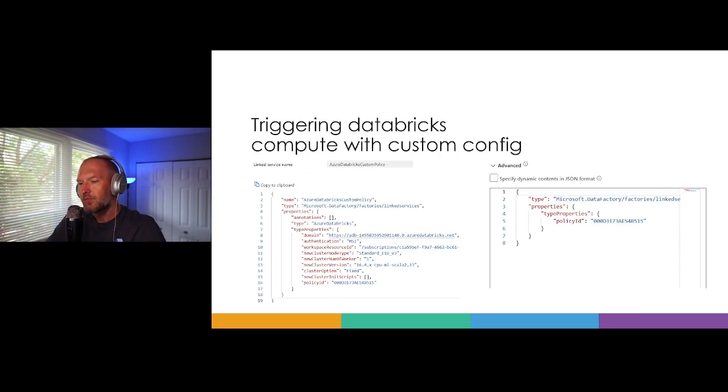Then this is about custom configuration. So you have everything in place, but if you have some custom stuff, not all parameters from Databricks can be set up in DataFactory. For example, if you have a custom policy, and I'll show you how to do it, you should understand the JSON structure logic in DataFactory to provide this information. Some parameters you even cannot find in official resources.